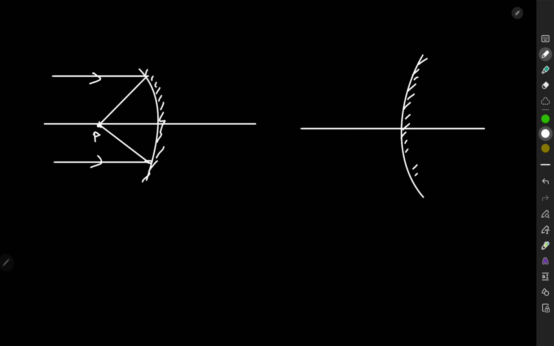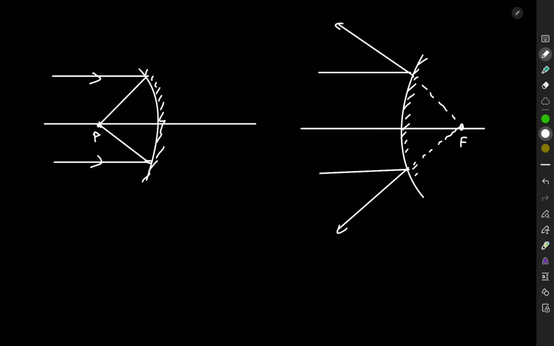Fine, focus. So similarly, if I draw here, it is a diverging mirror. In that case, when we extend the reflected ray, it will end up somewhere here. That is also the focus. Fine, clear? So can you spot the difference, that here the focus is in this direction and the focus in the convex is in the other direction? We always take the direction